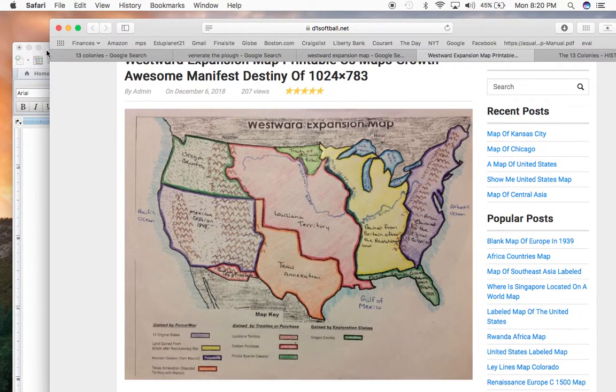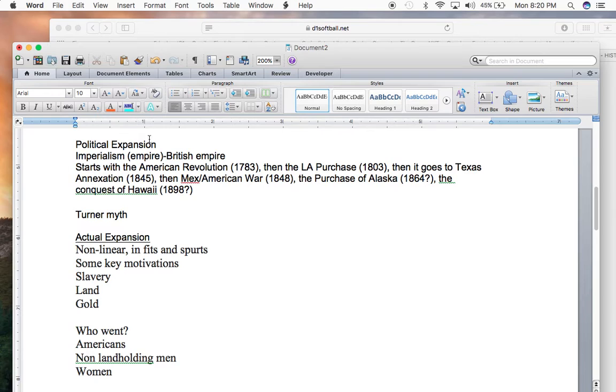Okay, so part three of westward expansion is the political expansion of the United States. And this is an interesting idea in that the government needed to acquire land, so to speak, in order for, in theory at least, westward expansion to